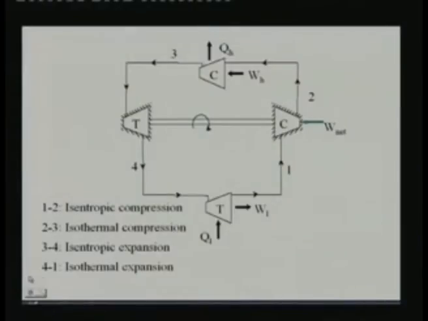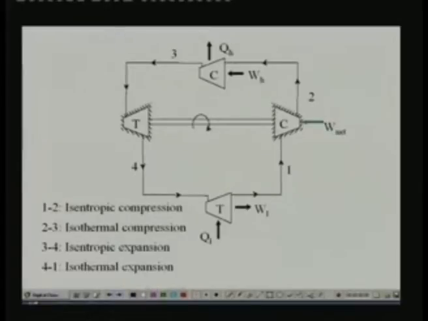This cycle consists of 4 processes. First, process 1 to 2 is isentropic compression, process 2 to 3 is isothermal compression, process 3 to 4 is isentropic expansion, 4 to 1 is isothermal expansion. This can be achieved either by using a closed system concept or an open system concept. For example, you can have isentropic compression, expansion, etc. using a piston cylinder device,